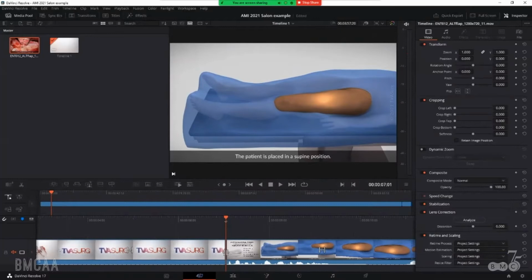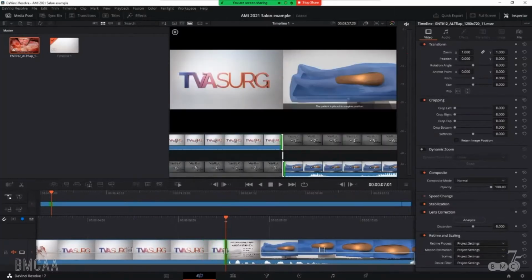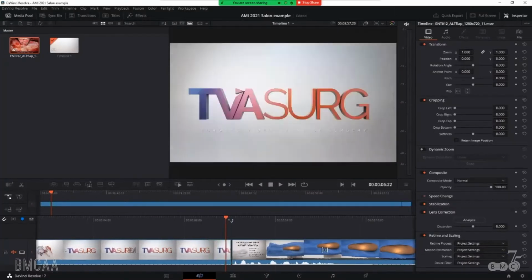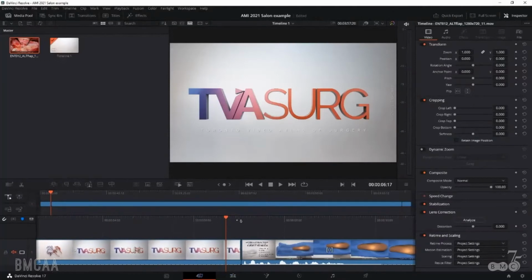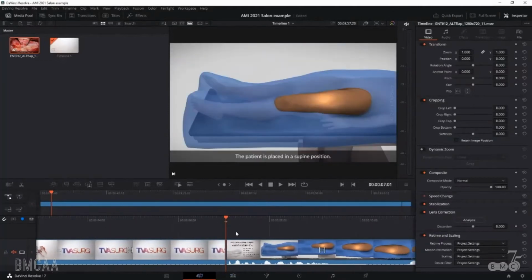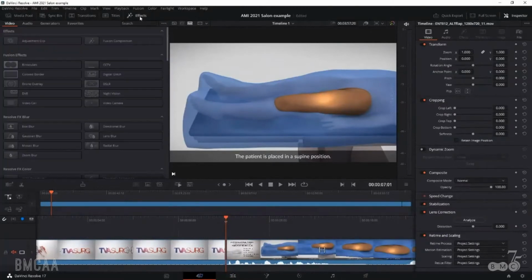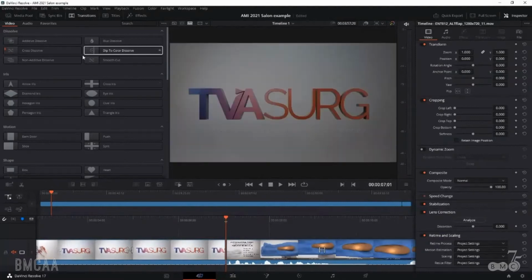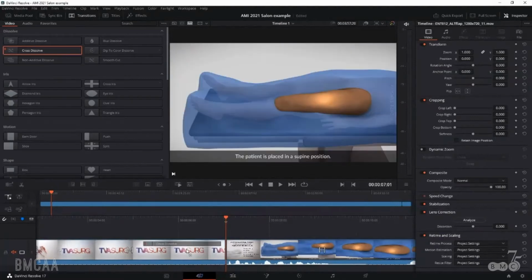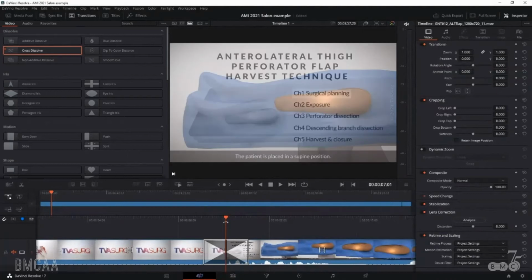Now, that might actually cause a problem because the audio might cut in a little too abruptly. So I might want to separate the audio from the video, but I'll end up doing that later in the edit tab. So what I'm going to do here is I'm going to add in a transition. So if I go up to my effects, transitions, and I'm going to want to do cross dissolve. So I'm going to click and drag that in here,